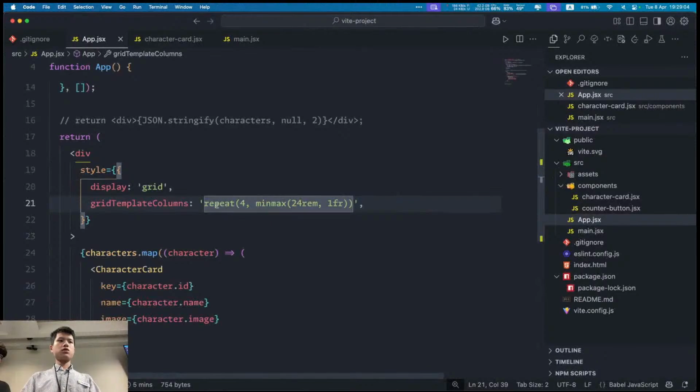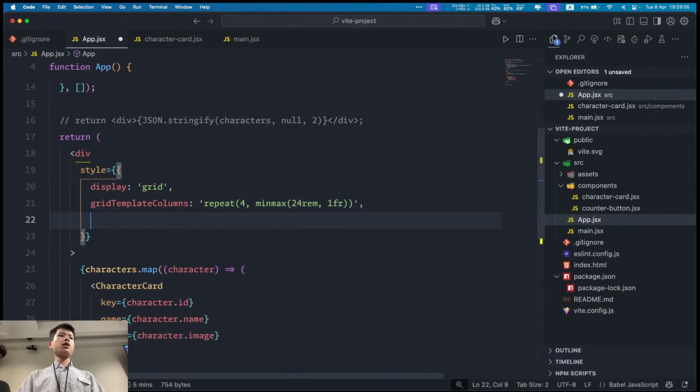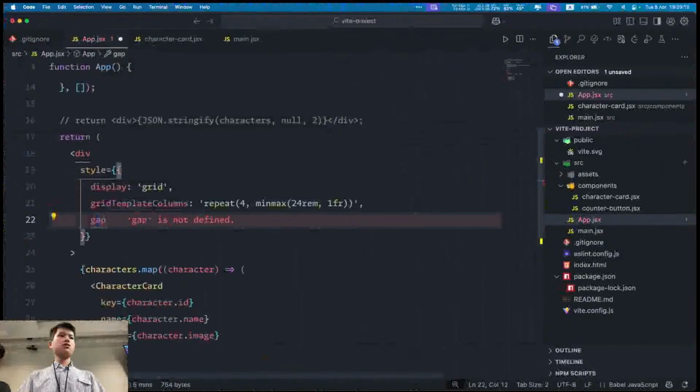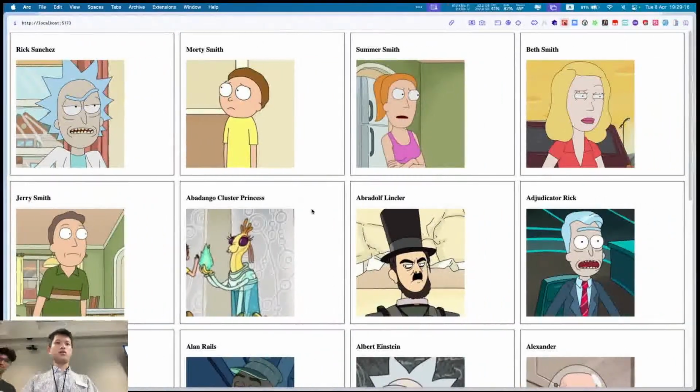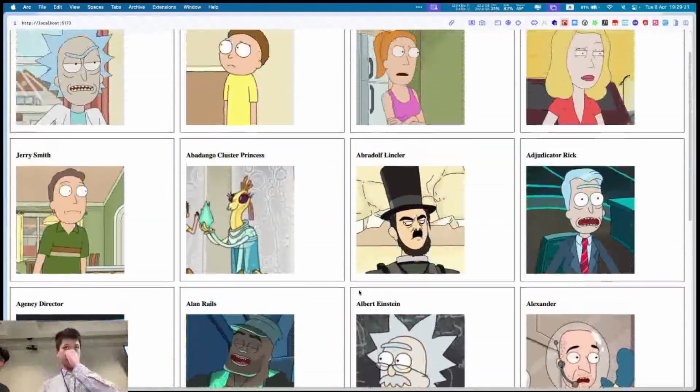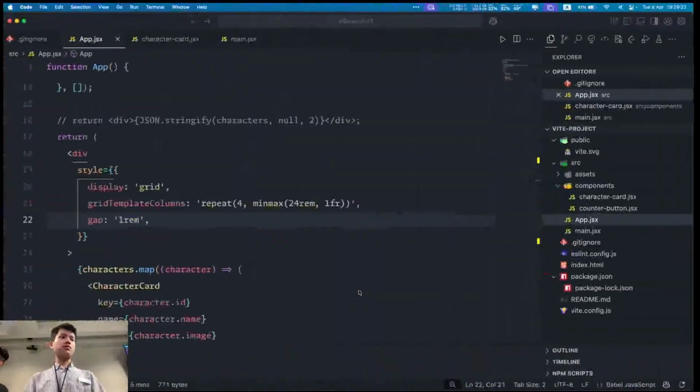So I can add a gap for each character. I'll add a gap for 1 rem, and there we go. We have set characters, but actually from that API,